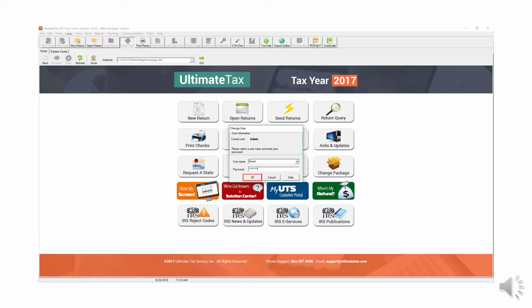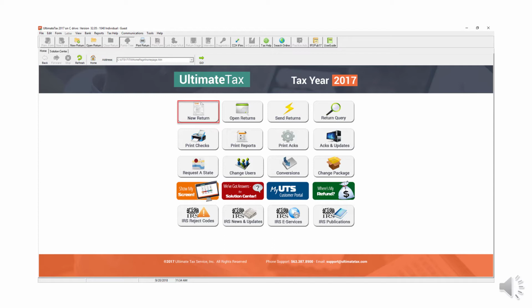Once the password is entered for the user, select the OK button to log into the account. Once signed into a super user account, select the New Return button on the dashboard to get started on a